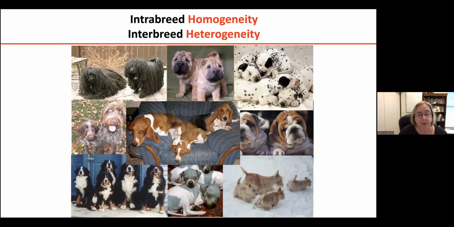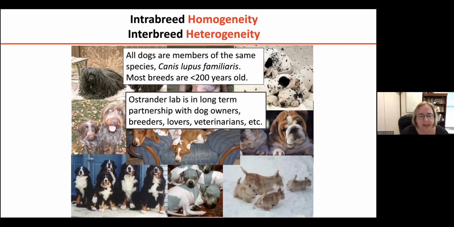So these are my current favorite breeds. And what's really striking about this, of course, is how similar members of a breed are one to another. And the important thing to keep in mind is that's not only at the trait or the phenotypic or aesthetic level, but that's true at the DNA level as well. But when we look across breeds, when we consider the Dalmatians versus the Basset Hounds versus the Bernese Mountain Dogs, there's a lot more variation in their appearance, in their lifespan, and so many things about them. And in their genomes, as we compare across, there's a great deal more heterogeneity as well. So we take advantage of all of those things in order to do trait mapping.